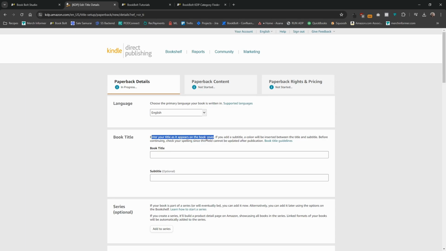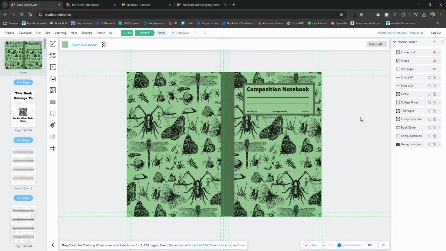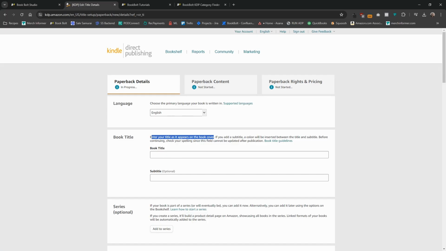Now, the book cover itself is going to be the title, but the subtitle can actually be anything related to the product you are selling. So just as a refresher, let's go back inside the studio here. You can see that this just says Composition Notebook, and it is a bug-related journal. So we're going to come over here, and for the book title, we're going to type in exactly what's on the cover. So we're going to type in Composition